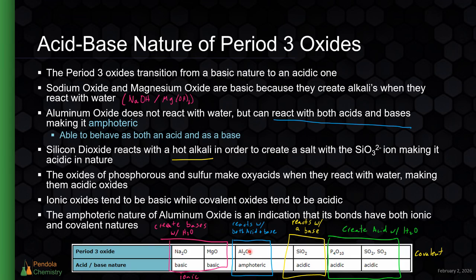It is an ionic compound with a covalent nature. And this amphoteric nature kind of hints towards that. It's showing us that even though this is ionic, it is a little bit covalent. And that's why it's amphoteric. Because if we go back to what we were looking at earlier,